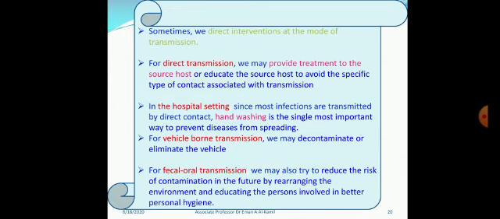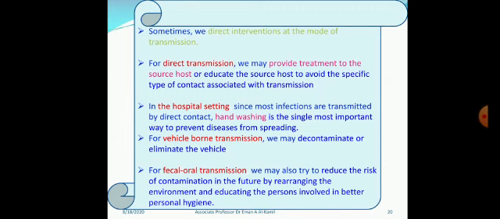For example, in hepatitis B, the infection is transmitted by an infected scalpel or by direct breaks or needles. So it is important to properly dispose of these materials and decontaminate and disinfect them. For fecal-oral transmission, we prevent any infection of the gastrointestinal tract, especially reducing the risk by boiling the water supply